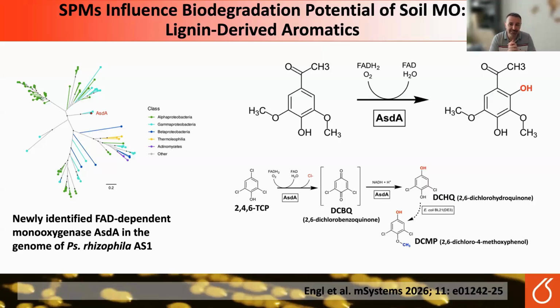Anyway, so we were able to see that our enzyme has a dual activity. It can act on acetosyringone. Probably acetosyringone might be the natural substrate, and 2,4,6-trichlorophenol is probably the co-substrate. In the presence of acetosyringone, the production of this enzyme is stimulated. And in the presence of acetosyringone, also 2,4,6-trichlorophenol is transformed to the product that is called